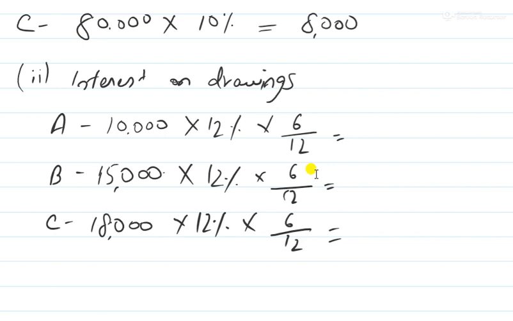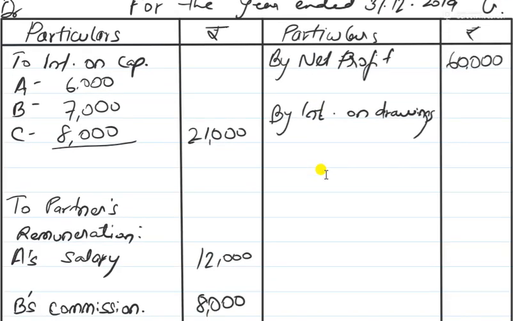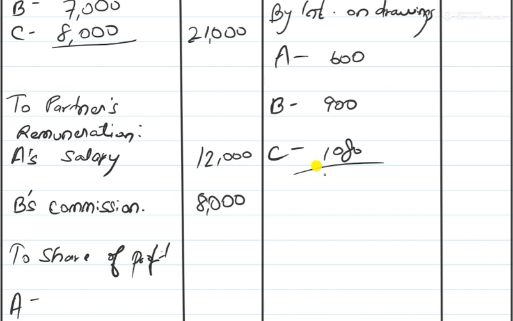So 10,000 into 12%, 1200 into 6 by 12, 600. 15,000 into 12%, 1800 into 6 by 12, 900. And 18,000 into 12%, 2160, divided by 2, 1080. So now we have all the three interest on drawings. Let's go to our P&L account and copy it. So 600 plus 900 plus 1080 is equal to